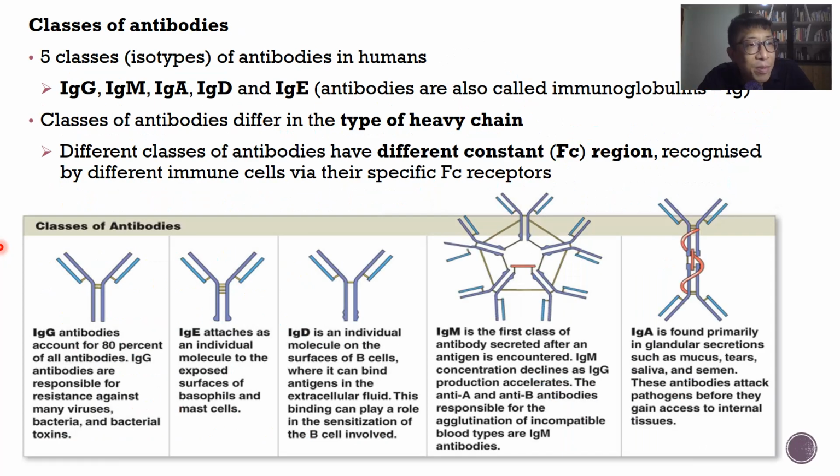Next, we will look at the different types or different classes or isotypes of antibodies. Just now we mentioned the structure that we looked at follows the structure of IgG, which is one of the most abundant kinds of antibodies in our body. All right, but we have 4 other classes or types of antibodies. We have the IgM. This is the IgM, which is quite a big antibody. You can see there are basically a combination of different